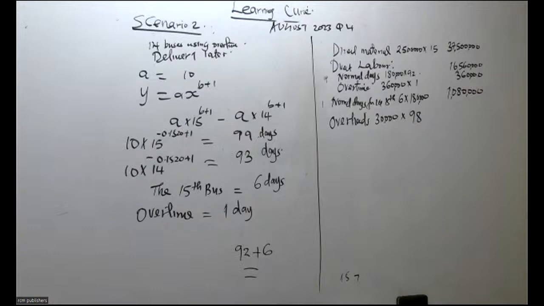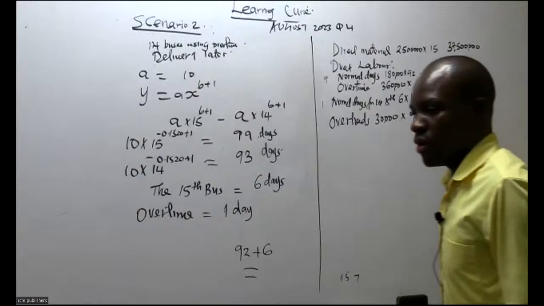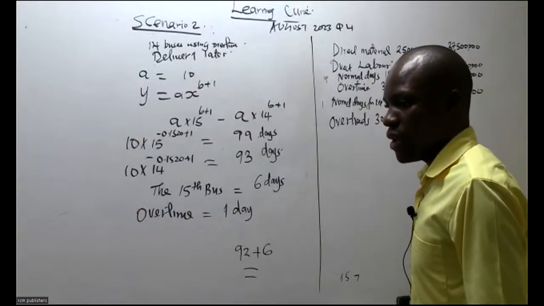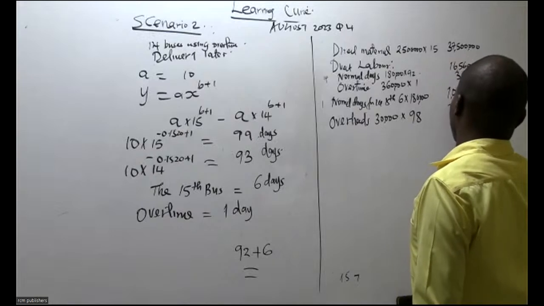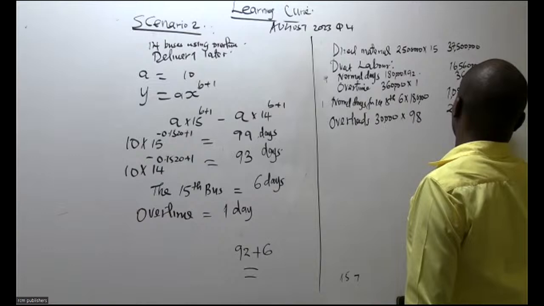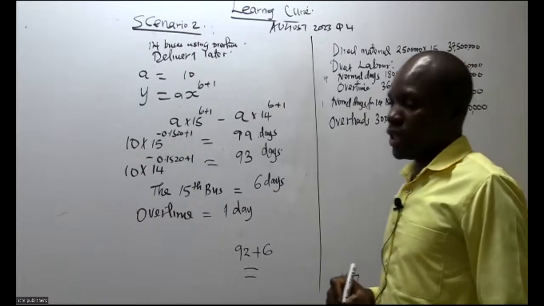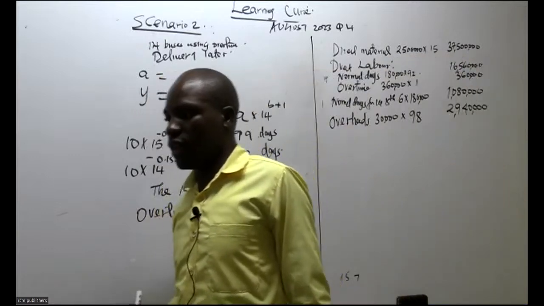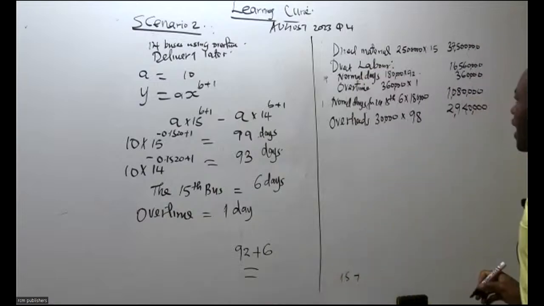98 by 30 days. 29,40,000. 29,40. Is it 29 million or 29,40,000? Good. Having done that, we should not